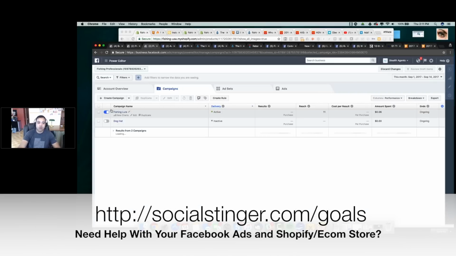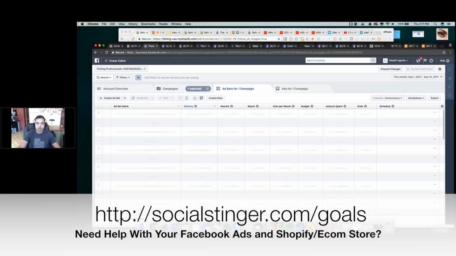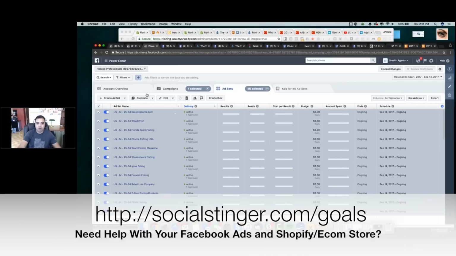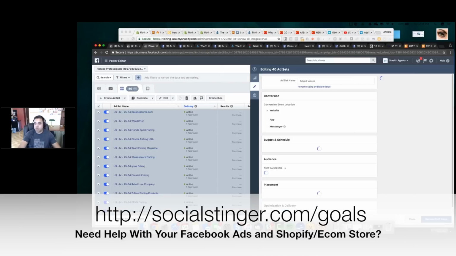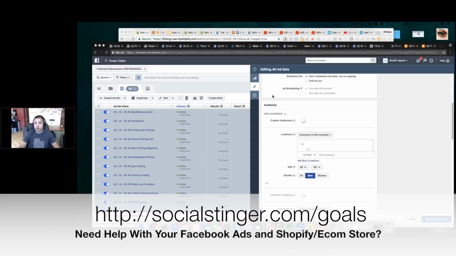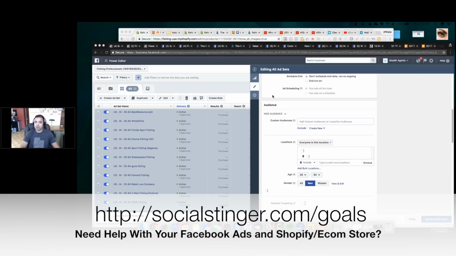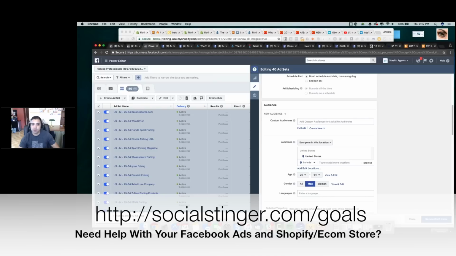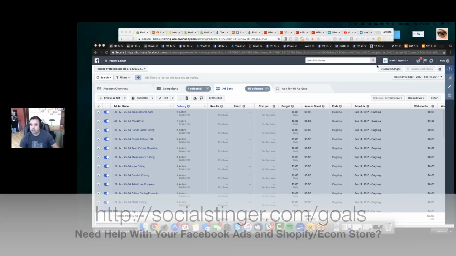Once it's duplicated, all you have to do is change one variable, the country variable. Now you have 40 different ad sets in another country. Now you're running 80 different ad sets using the same exact interests. There's a bunch of ways that you